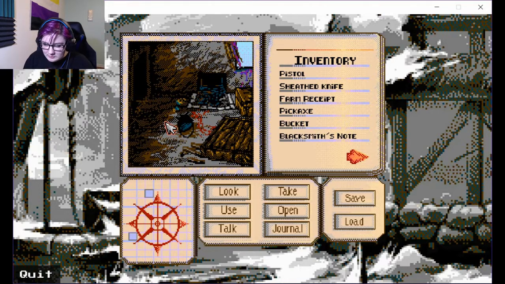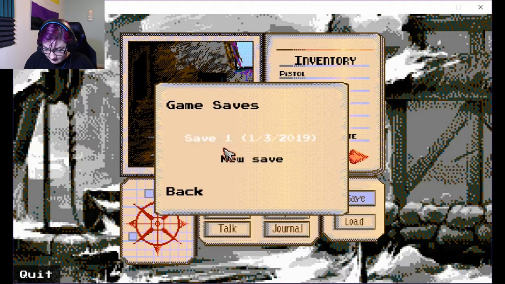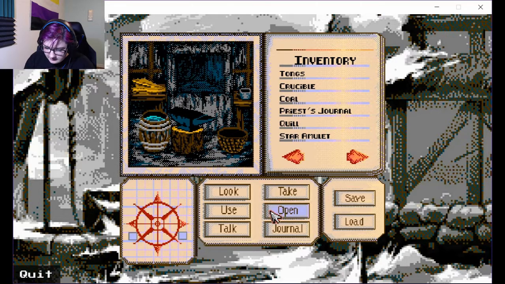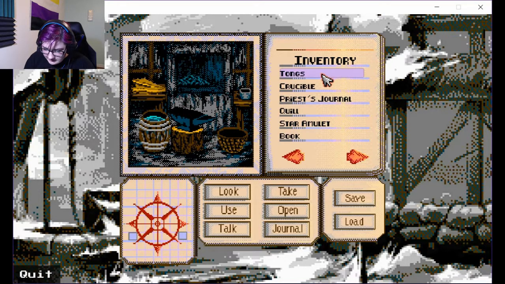I don't want to walk forward because I know I'm going to, like, die. So, what do I do? Well, I guess first I'm going to save. I can just go ahead and save over that. This is where I can use the coal here. Aha! Hold up, let me...